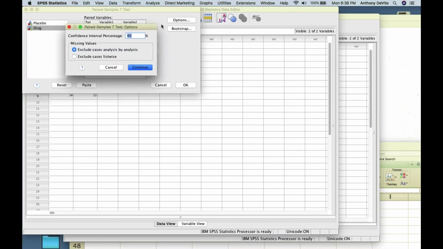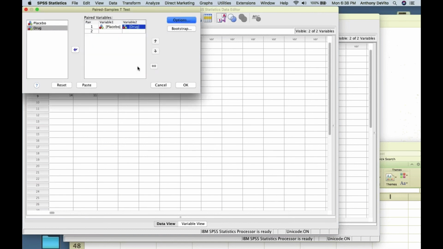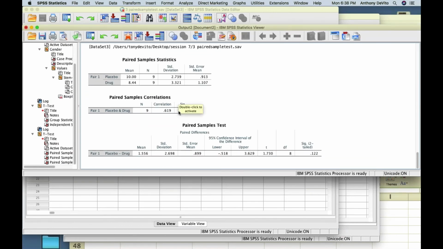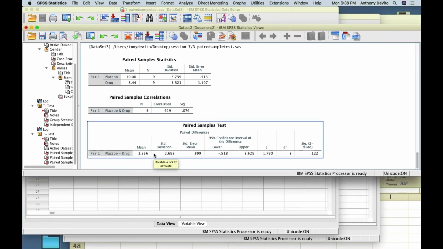Okay, options. I have my chance to tell if I want a 5% alpha or a 99% for a 1% alpha. So I'm going to leave it at 95%. I'm going to click OK. SPSS will do our calculation. And notice it really does basically a t-test, right? So the paired samples t-test,